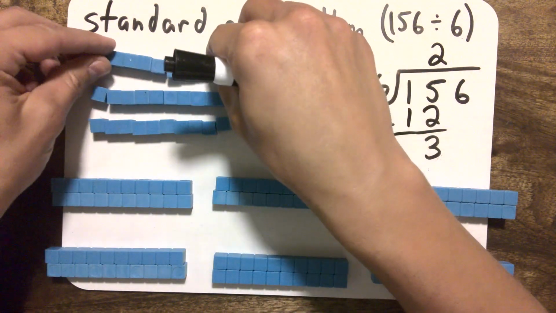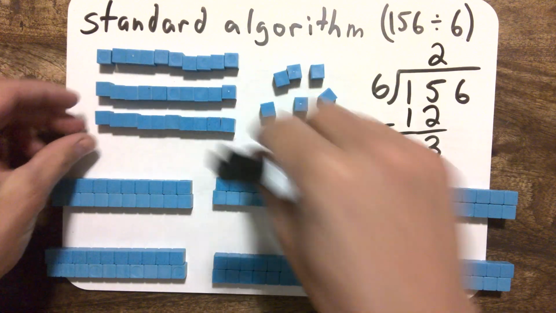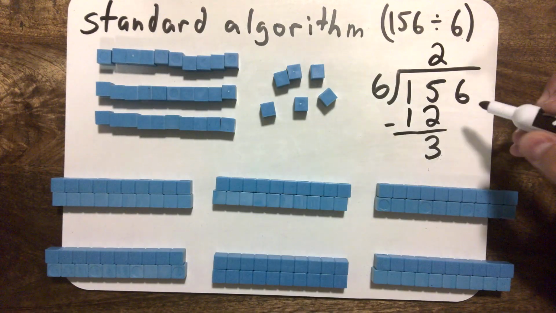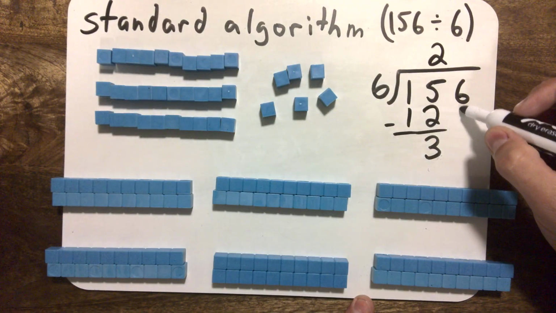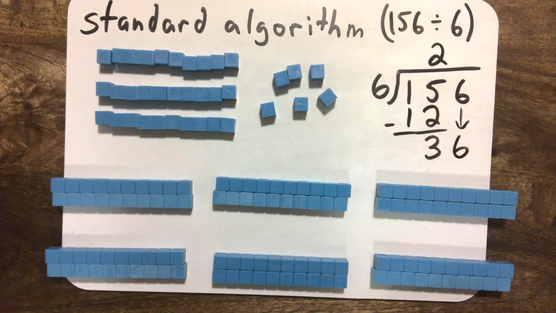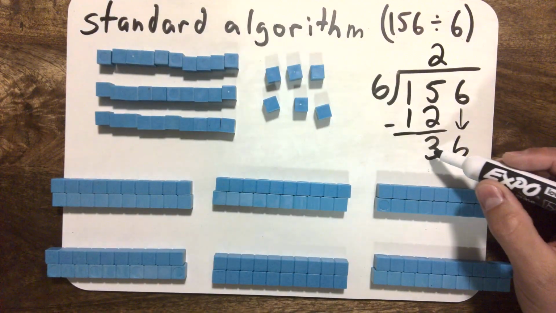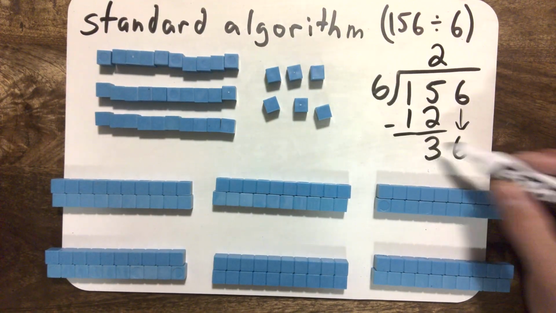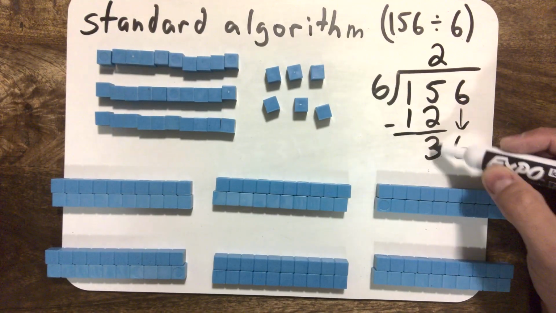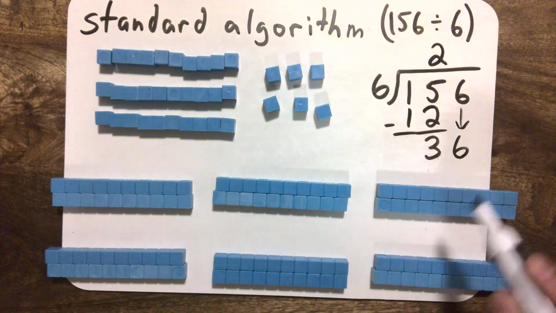So that move in this concrete model, exchanging our 3 tens as 30 ones, is the next step in the algorithm where we say, bring down this 6. That move is our way of saying we're no longer thinking of this as 3 tens, but we're thinking of that as 30 ones, and now we need to also include the other ones that we had in the model, because now we're going to try to subdivide these ones into these groups. So now I have 36